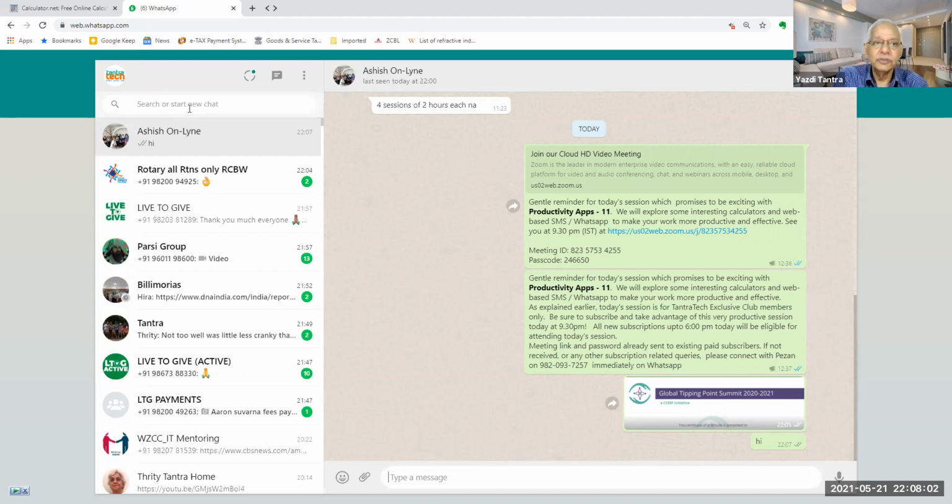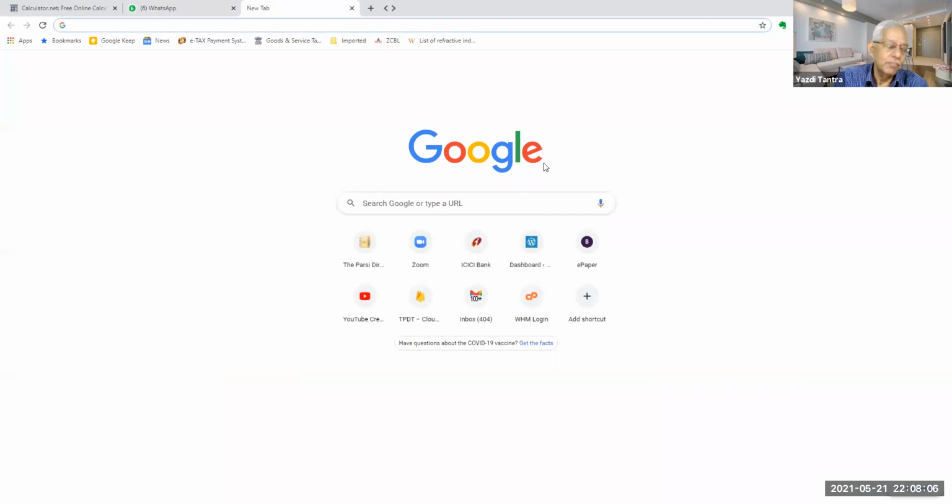So for WhatsApp it is very simple. Just go to web.whatsapp.com and straight away scan the code that you see from your phone WhatsApp. And Dr. Kashmira says that you can also download a separate app. That is what we spoke about. You can download a separate WhatsApp app, and you can continue working from there also.